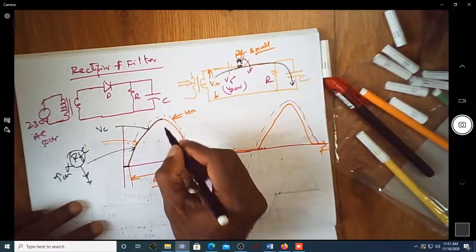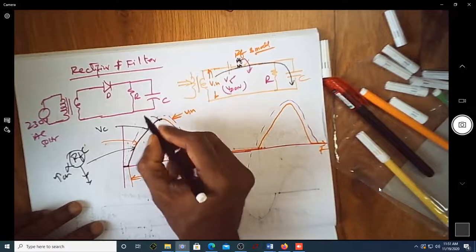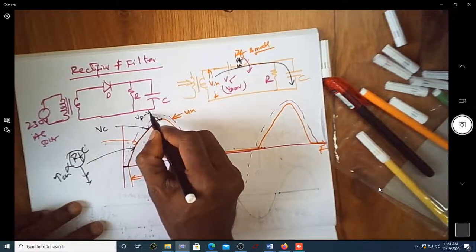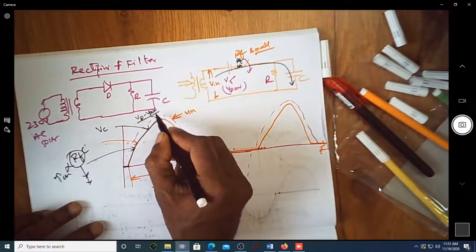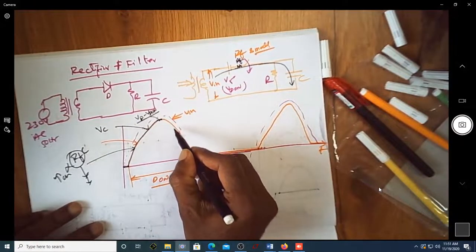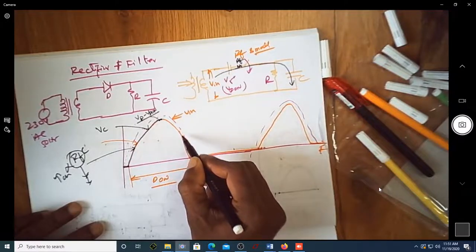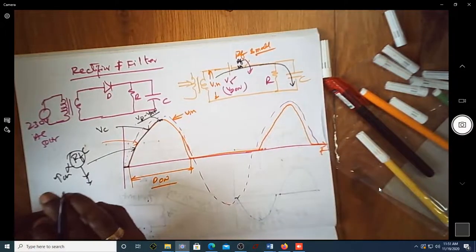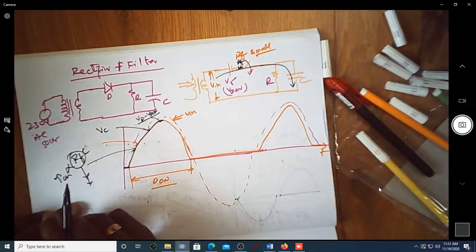Once it reaches the peak, what is the voltage at this peak point? The voltage at this peak point is Vp minus Vd on. So Vp minus Vd on is the peak voltage. Now assume that the input voltage starts reducing. When the input voltage starts reducing, the diode becomes reverse biased. So when the diode turns off,